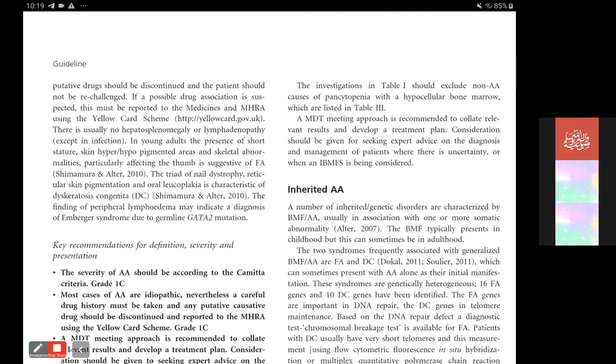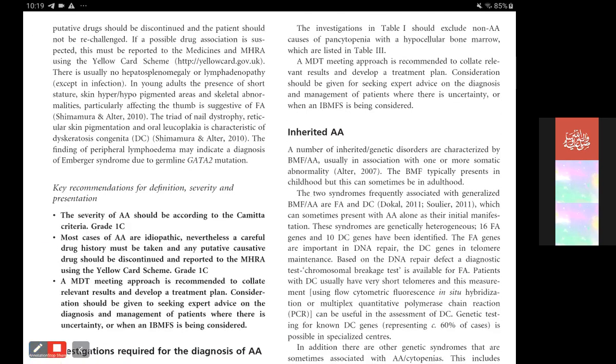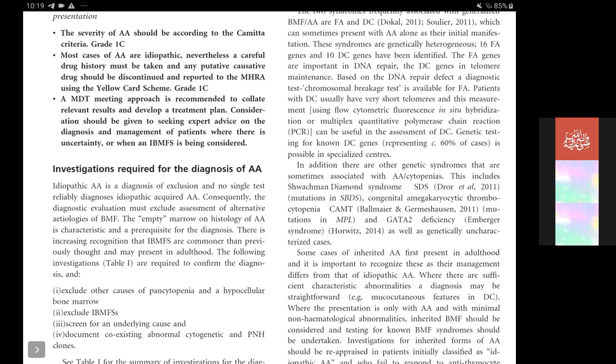So now we have gone through the definitions for the Camitta criteria and about how we divide it into severe aplastic and then the very severe aplastic. And of course, the non-severe aplastic is just those which are not meeting the criteria for severe or very severe. Most cases of aplastic anemia are idiopathic,